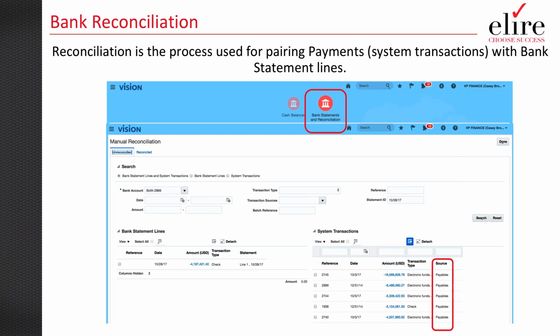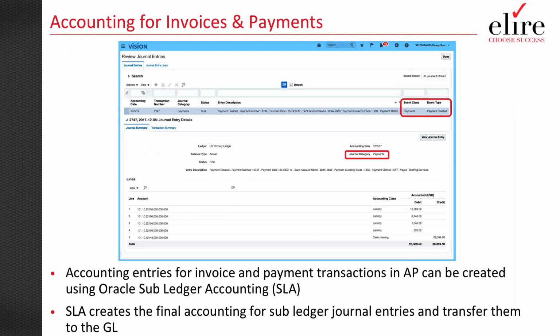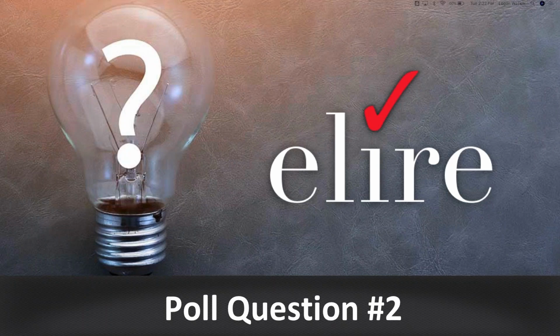So this is one of the big realized gains, where it can be fully automated, run on a daily basis, and actually generate automated accounting as well, which segues us into this last slide to say, here's where we can start to talk accounting. Once I issue a payment out of the application, I can now post the debit side to my cash account, post a credit off to a suspense or a cash clearing account, and then once my payment's reconciled, I can generate the other side of the accounting to then be flat and in balance between all my accounts, and do this in an automated fashion, which we see as a high value add. And that segues us into the second poll question.